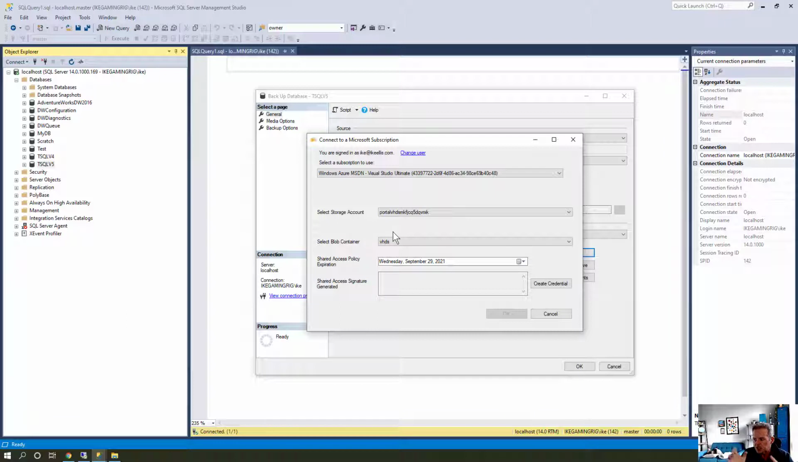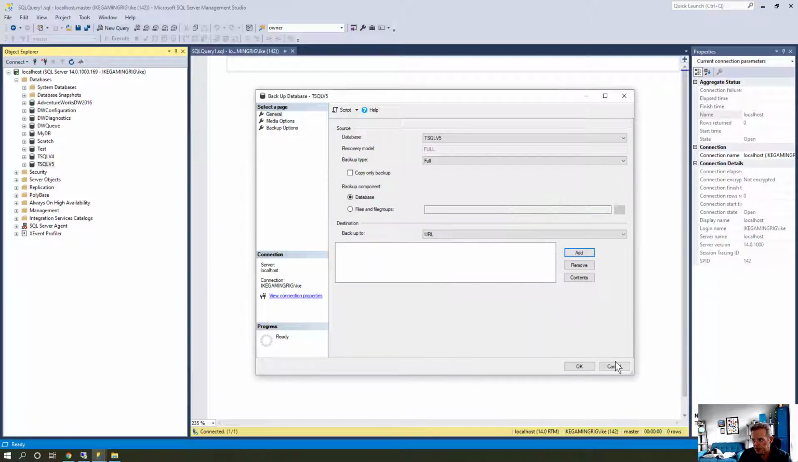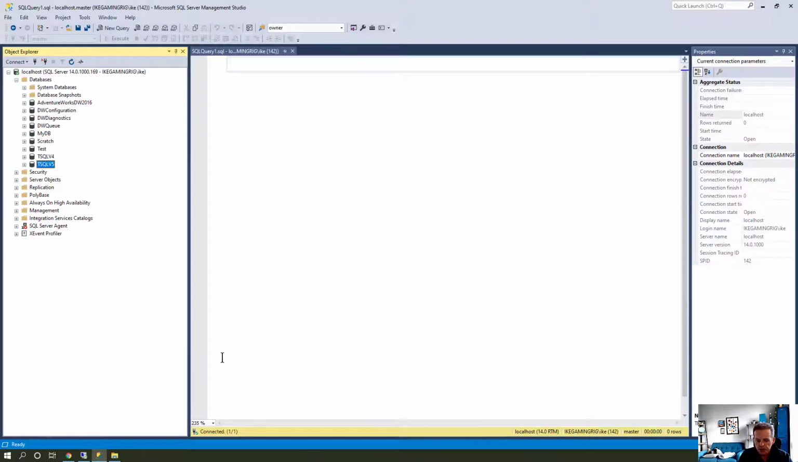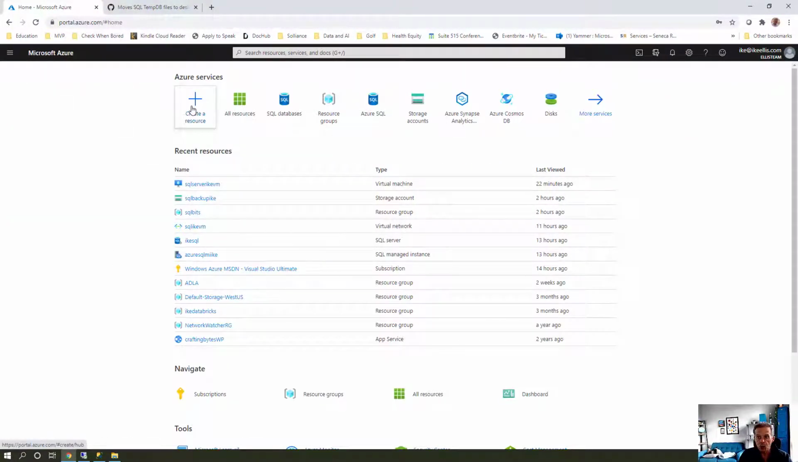Now, I just wanted to show you the GUI for doing this, but I think it's probably more beneficial if we see the T-SQL for doing it, right? So let's take a look at the T-SQL. Before we look at the T-SQL though, let's go back to the Azure portal real quick and talk about storage accounts. So remember, I'm in the Azure portal. In order to be able to back up an on-premise SQL database into Azure, I need a storage account to